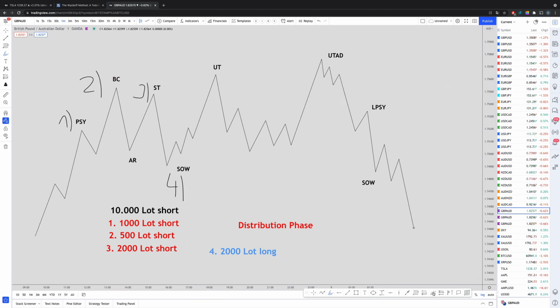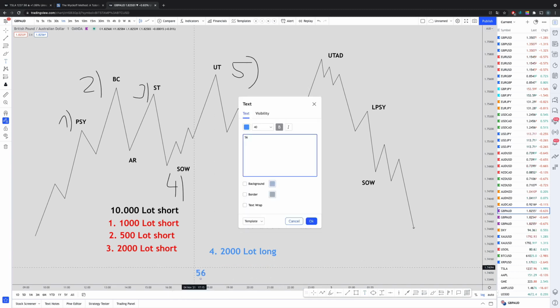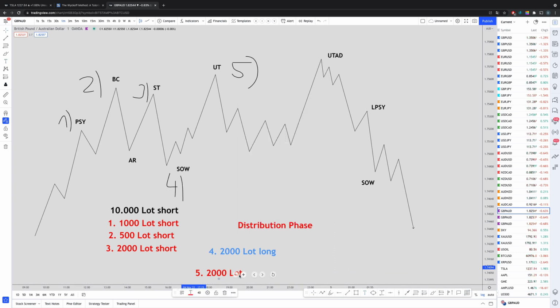So the next step for us would be then at the UT, the upthrust. This is probably a name that you've heard multiple times already. Now, in this step, we will join the market again and we will open a few lots again. So the next job is to open up more positions. Here is where we can really open a lot. We can open 2,000 more lots or even 3,000. So it really depends on the situation how much they can really do at the end.